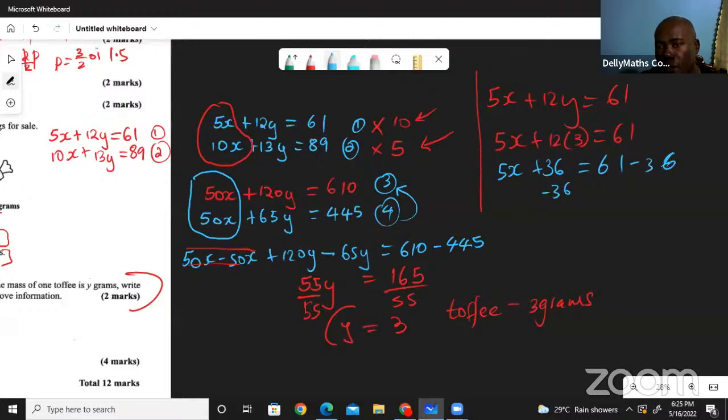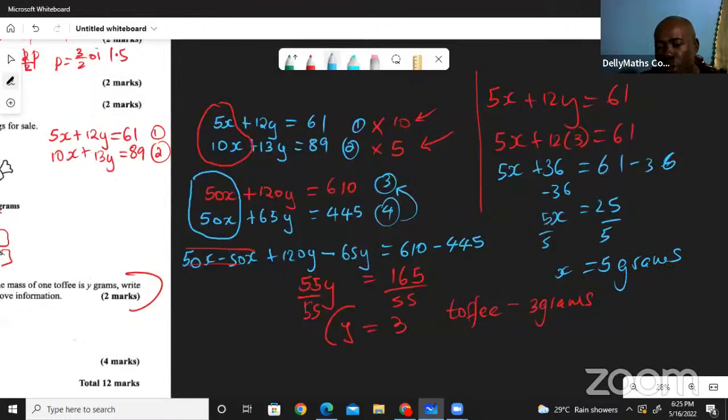So we're working ourselves through 5x plus 36, and this is equal to 61. So then we're going to subtract 36 from both sides. Hold on, let me write this 6 better. 5x is equal to 61 minus 36, and that's 25. So I'm getting 25 there. So if I divide both sides by 5, I realize that x will be 5, meaning 5